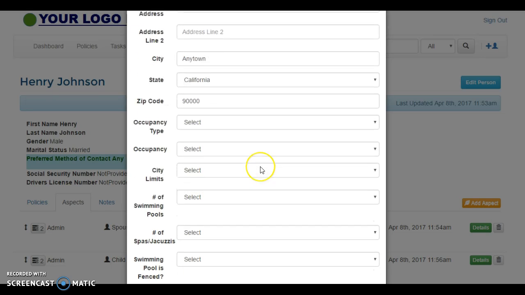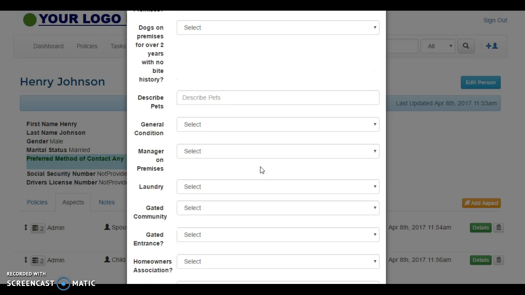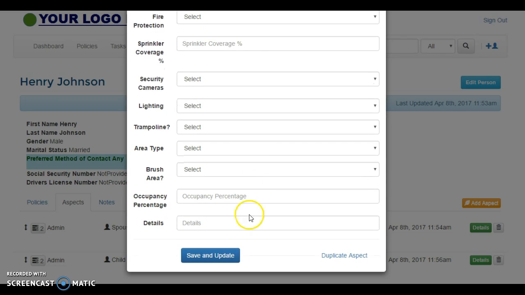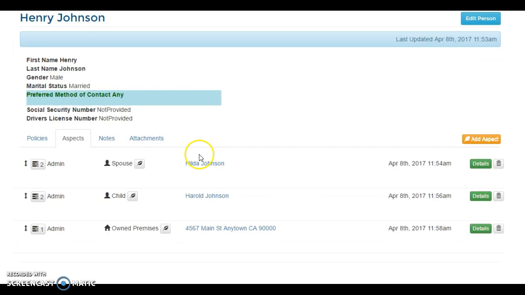Again, we have many fields to populate here. Useful for creating an application for home insurance or any other kind of premises. Save and update. Henry Johnson is now associated with his wife Hilda, his son Harold, and his own premises at